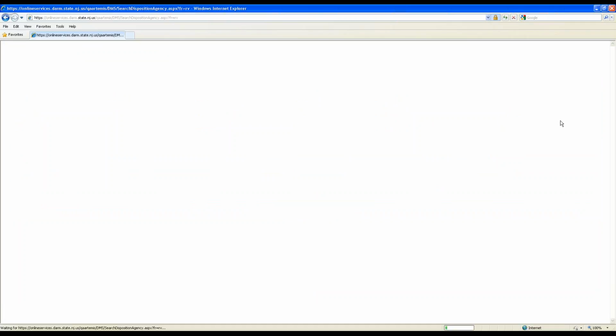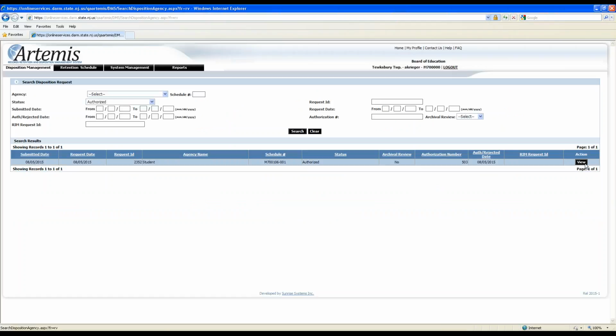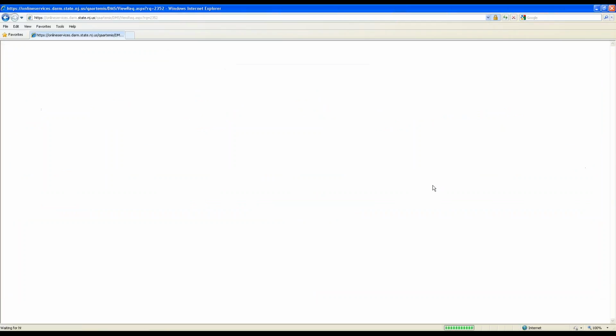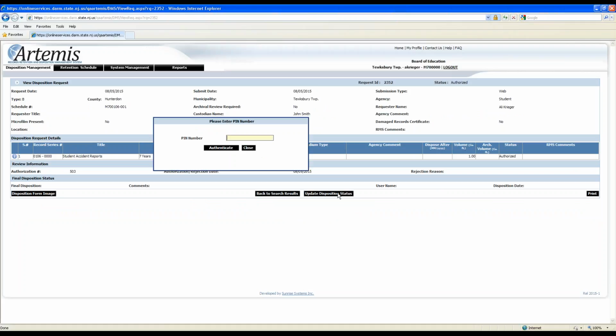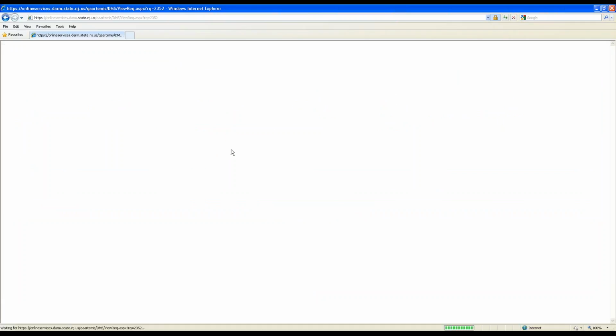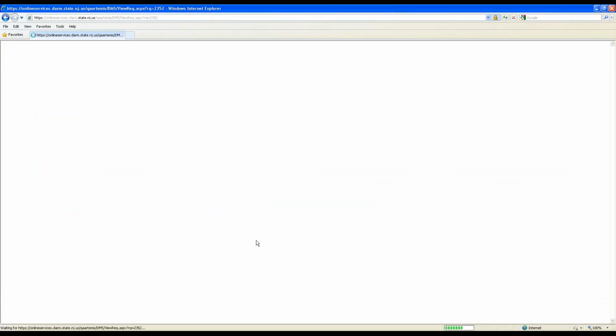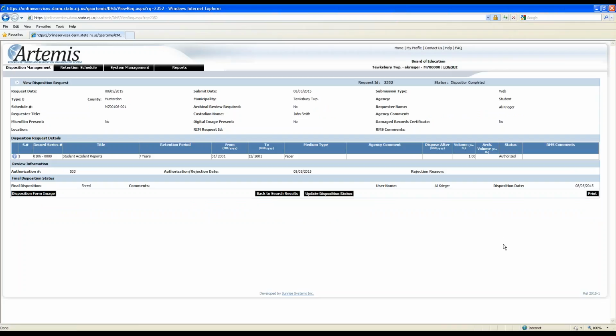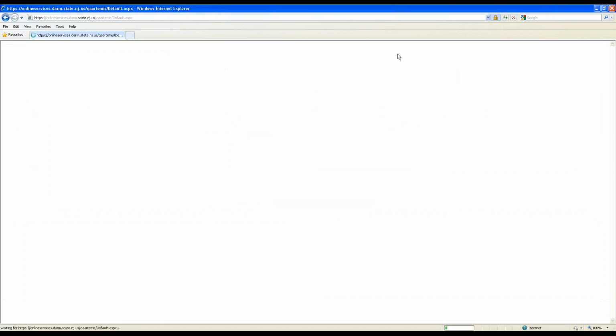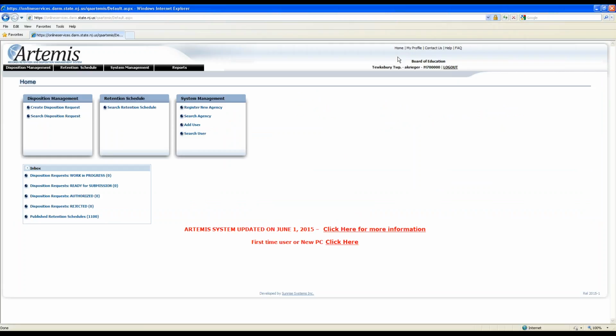Hold on one second. I'm going to click on view, right? I'm going to open up this record. I'm going to update that disposition status as well. Right, and I'm going to say this was shredded. I'm going to hit save. And now I've completed this request as well. Okay, so that completes my request. That completes the whole disposition processing. Final thing before I answer final questions and let everybody go for the day is somebody asked a question earlier.